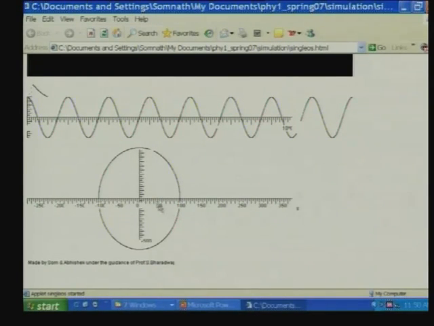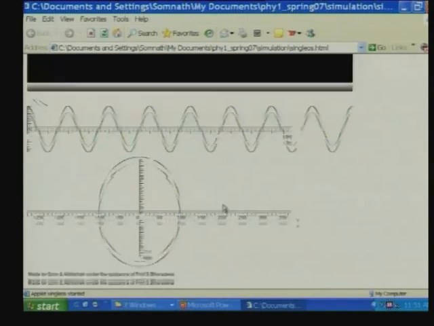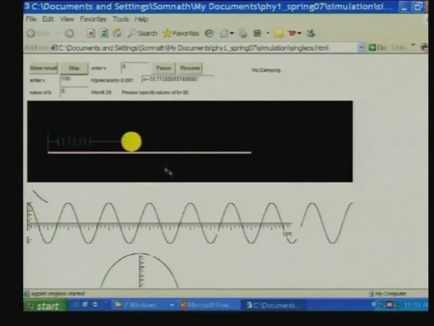Let me just tell you what this figure shows you. It shows you the position of the particle along the x axis, and along the y axis is the momentum or velocity, in this case the velocity of the particle. So, this shows you the trajectory in a space whose x axis is the position, whose y axis is the velocity. In this space, the particle's trajectory for a simple harmonic oscillator is an ellipse. The particle continues to oscillate, the amplitude remains the same, and it goes back and forth around the equilibrium position. Here there is no damping.